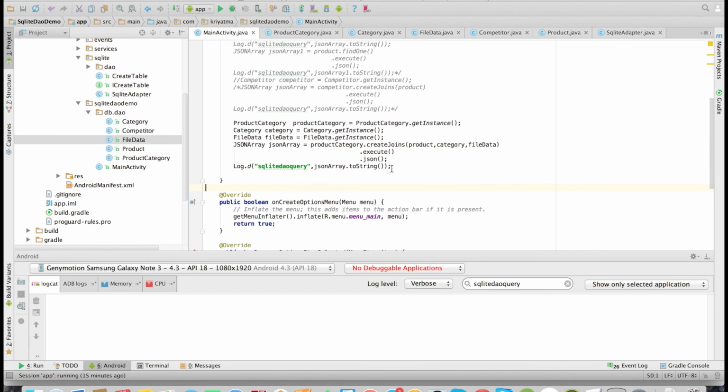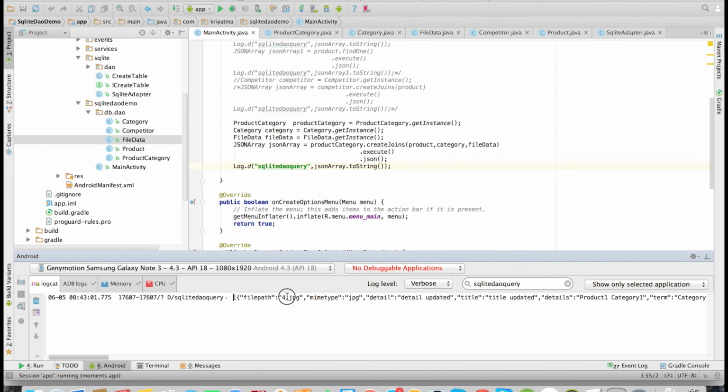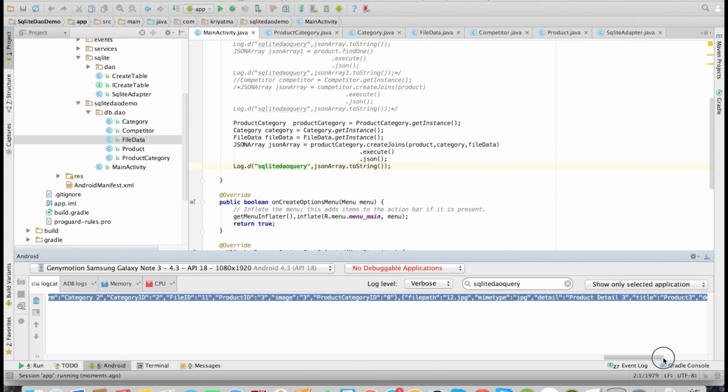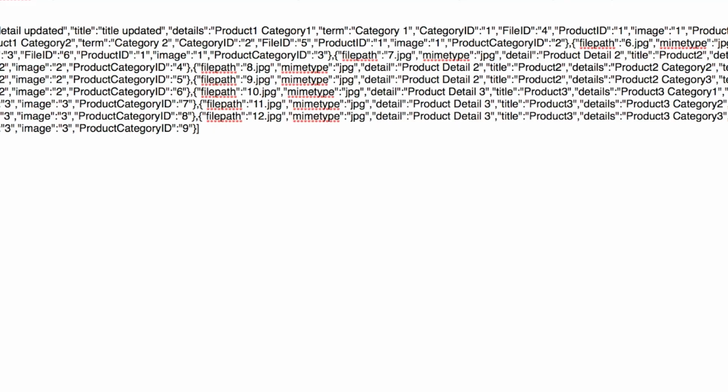Now we have added the required fields and have renamed all the primary keys. Now let's check it. Here is our final result. As you can see, we have now the category ID, file ID, etc. instead of just the ID. So using the same SQL syntax, we can map any field name to any custom names as we wish.